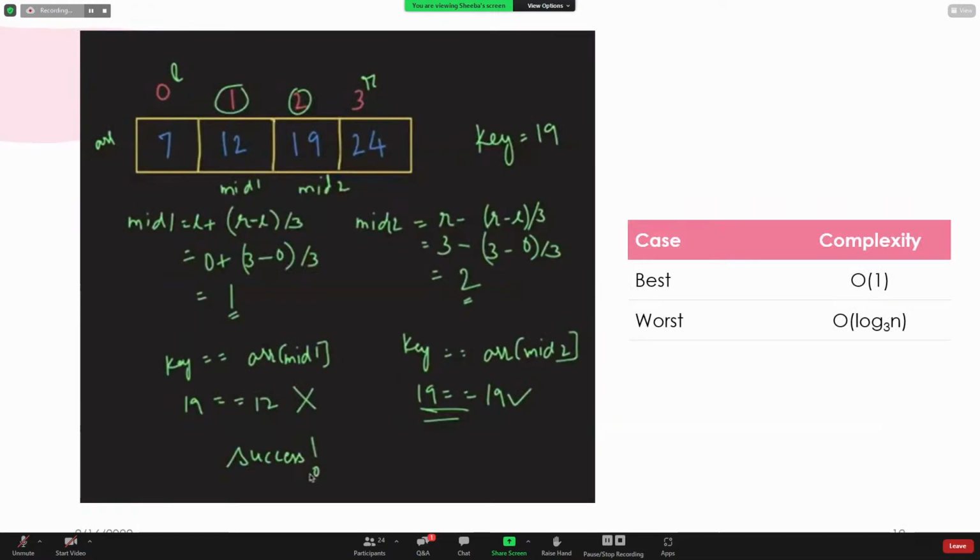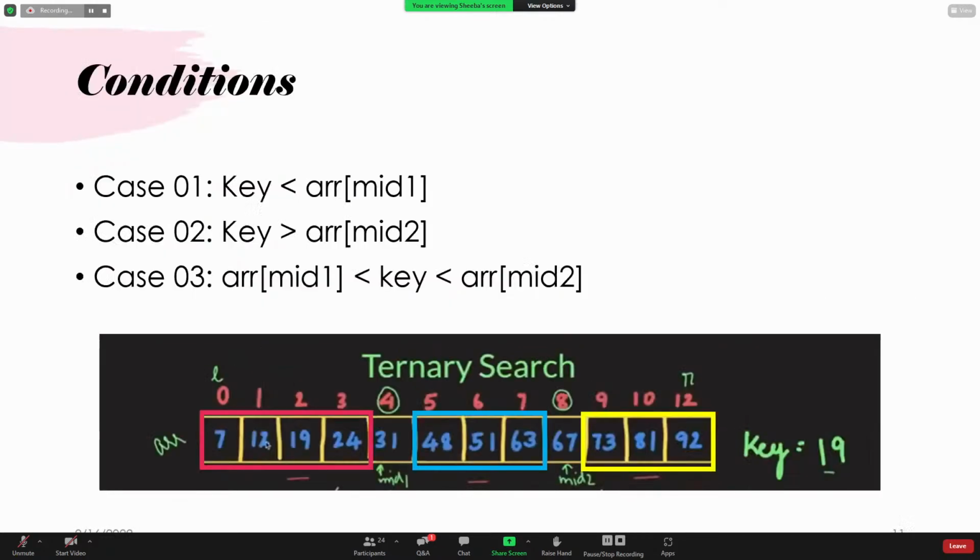So moving on, again, what we do is we update the values of L and R. Here the L will remain the same, because if you see this box, your L for the pink box is going to remain the same, whereas your high value, or the R, the rightmost index, will change, which will be mid minus 1. That is, mid 1 minus 1. Similarly,